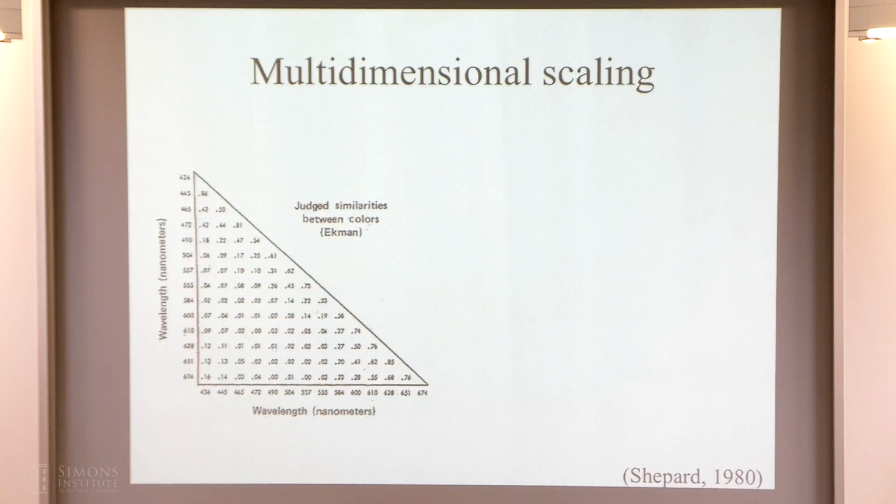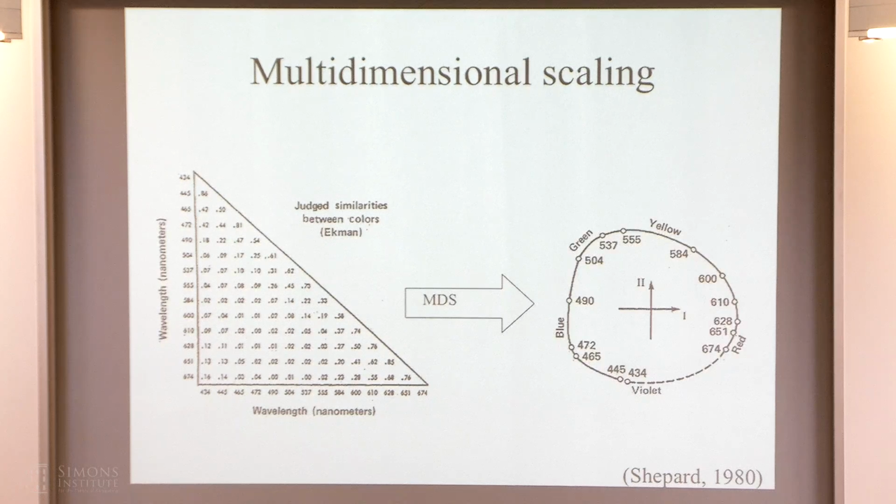It's a tool for going from human similarity data, so for example, this is human similarity data for pairs of color patches, where we have light measured in terms of wavelength. So if we have people judge the similarity between pairs of colors, you can then take those judged similarities and use multidimensional scaling and say, okay, if I know the similarity between these points, what do I have to assume about the distance between them? And from that, reconstruct a spatial representation of that domain.